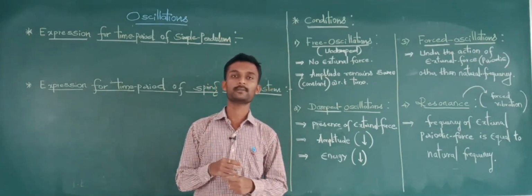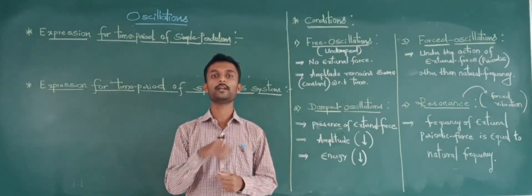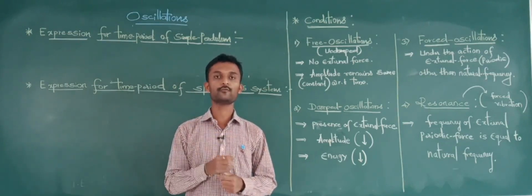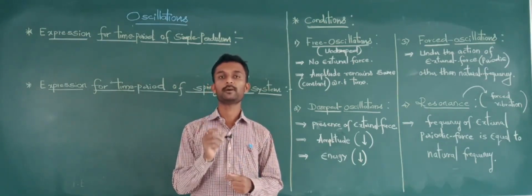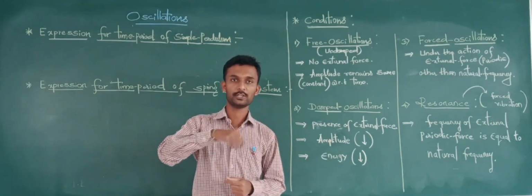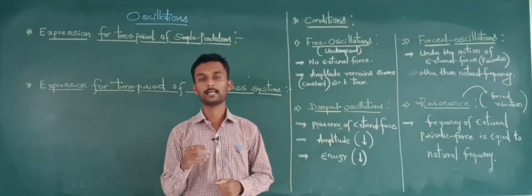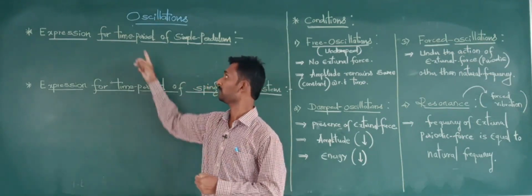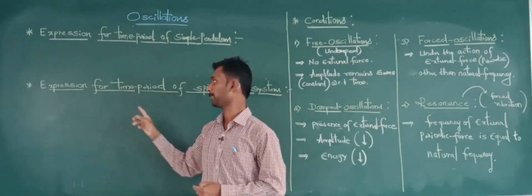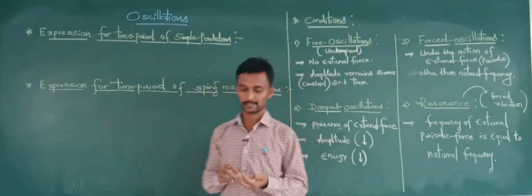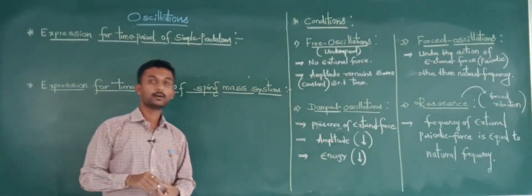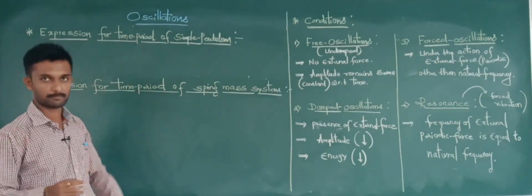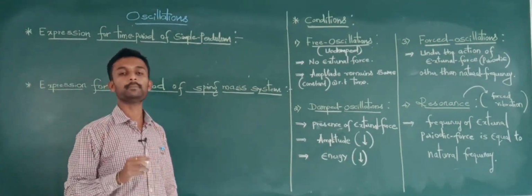So what is a simple pendulum? It consists of a bob with to and fro motion. One bob moves to and fro, backward and forward. That is an instrument called a simple pendulum. In that we will come to know about the time period of a simple pendulum, and another one is a spring mass system. So how will we calculate the time period of a simple pendulum as well as the time period of a spring